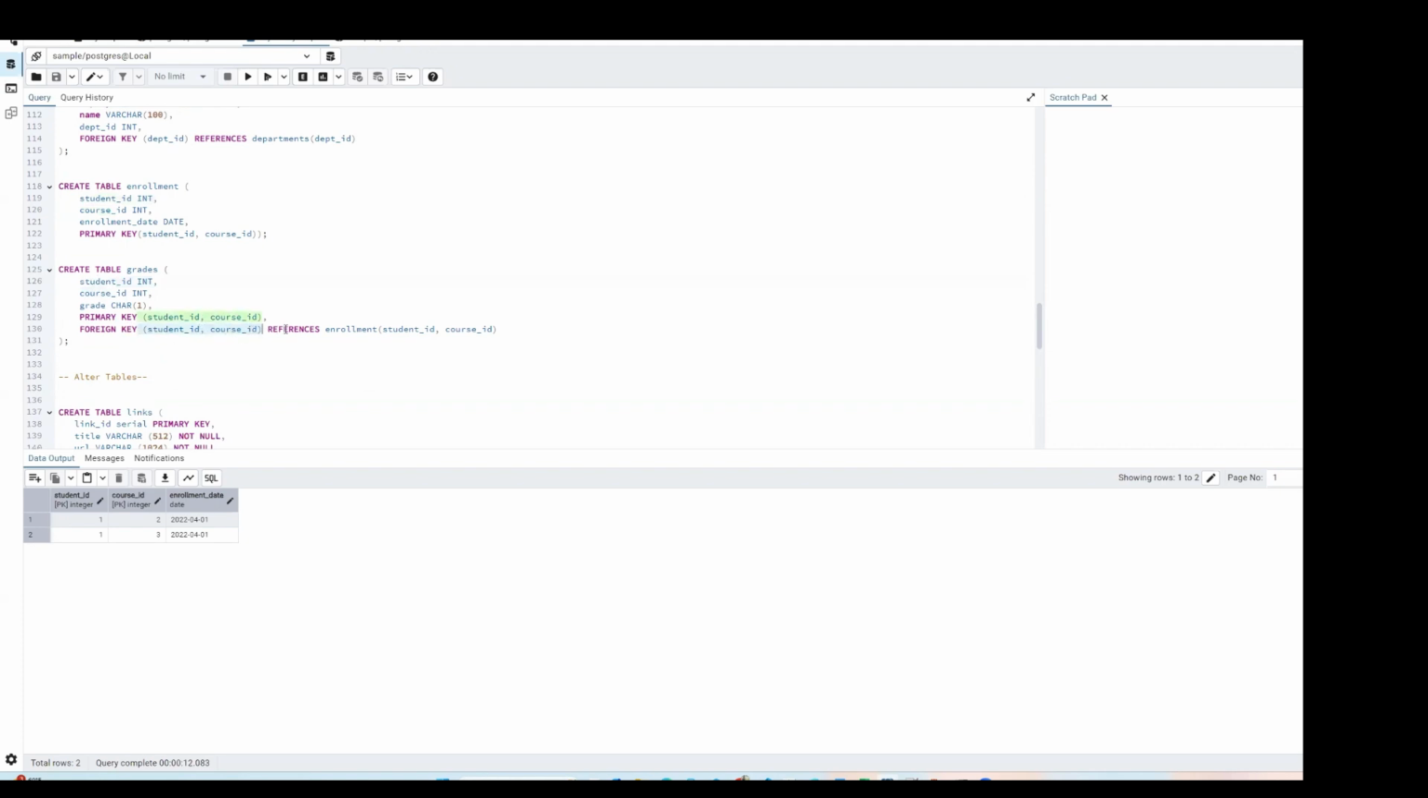So foreign key, and you have to mention references. So it references which primary key. So this is the foreign key, and it references which primary key. It references the primary key from the enrollment table, and it's a composite primary key. So this is what it implies. Okay, this is about the primary key and foreign key. Next, let's